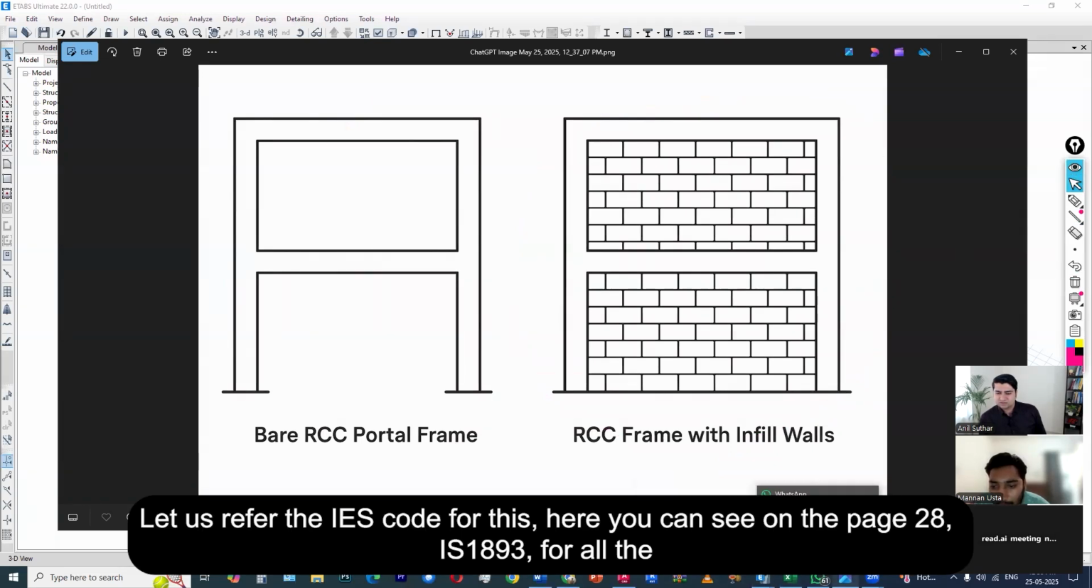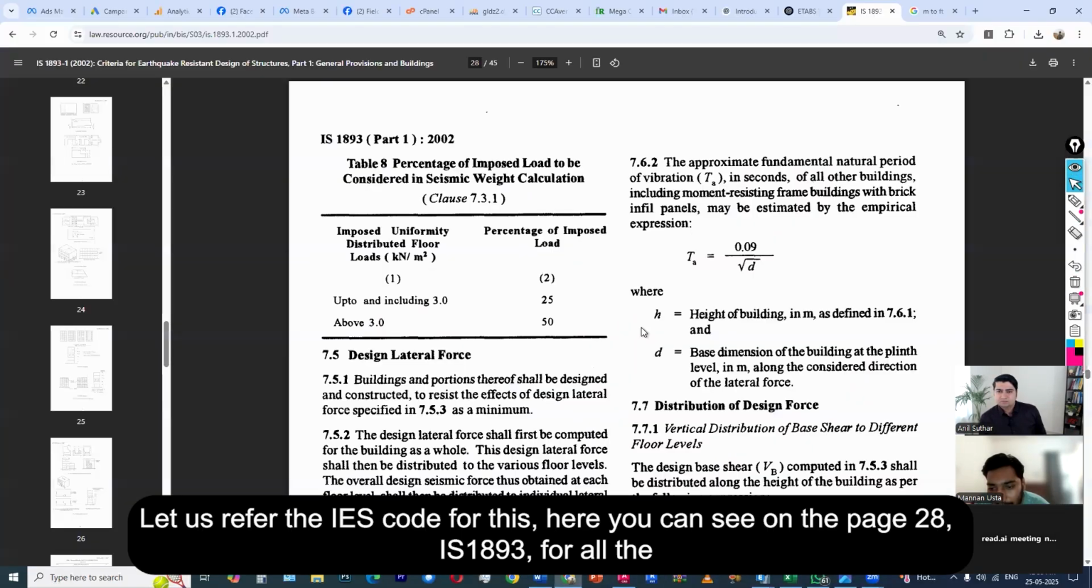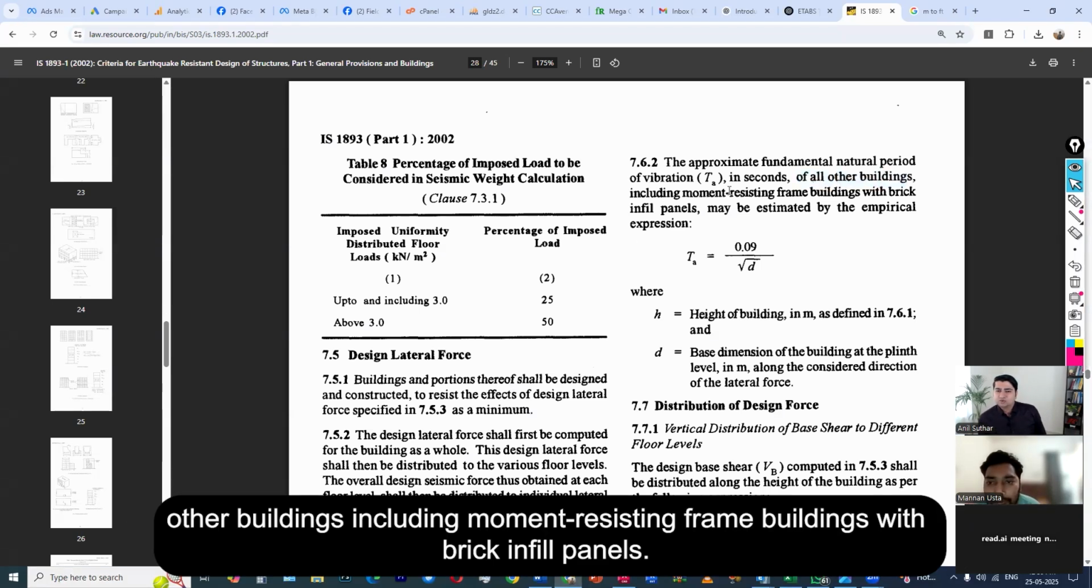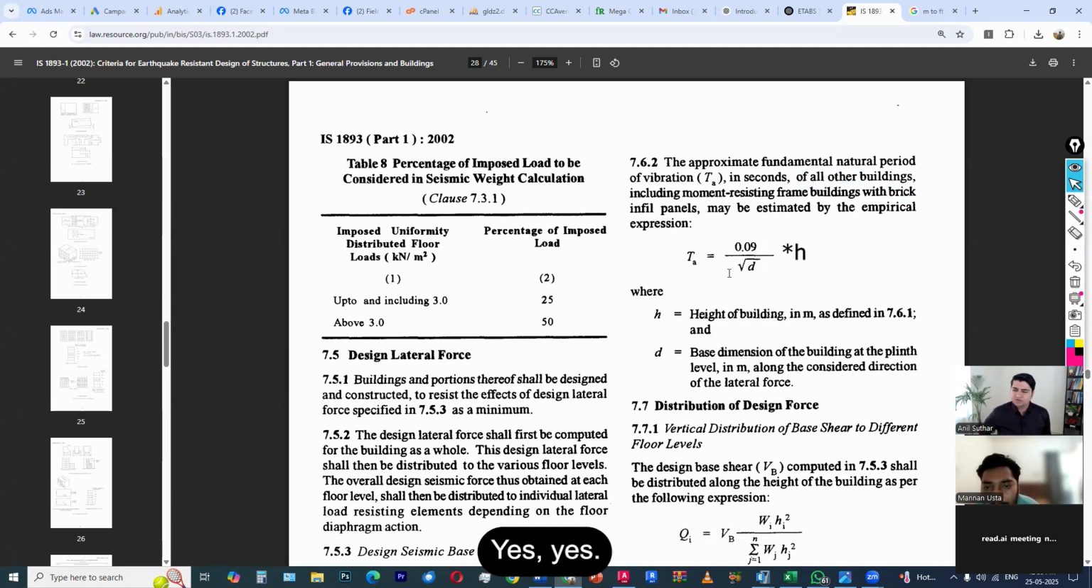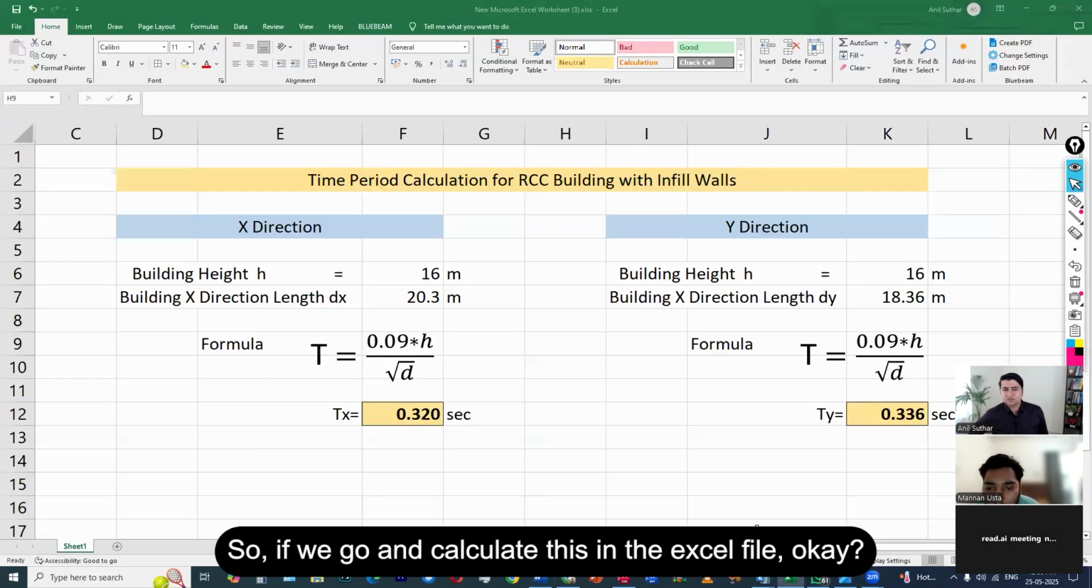Okay, let's refer to the IS code for this. Here you can see on page 28 of IS 1893, for all the other buildings including moment resisting frame buildings with brick infill panels, the time period is 0.09 into h by under root d. H is the height, d is the base dimension. So if we go and calculate this in the Excel file,